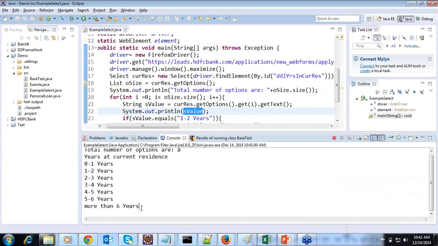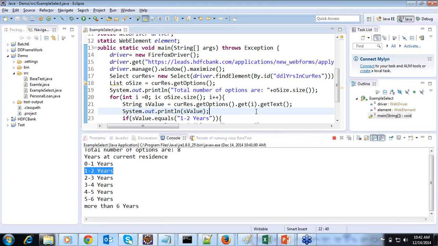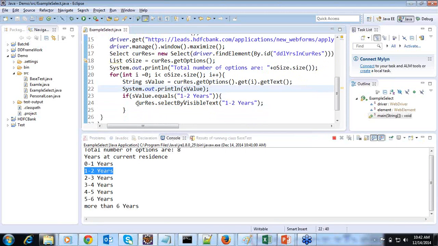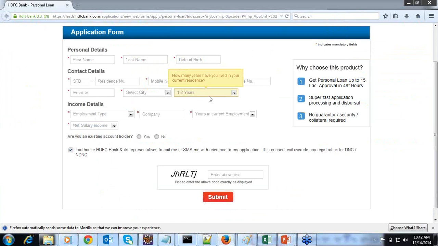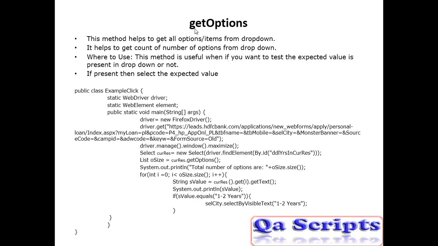and it has continued to display till more than 6 years. Since the drop down has the expected value, that is 1 to 2 years, it will go inside the if loop, and it has selected the option called 1 to 2 years in the drop down. This is how we can use the getOptions method. Then there is an option called